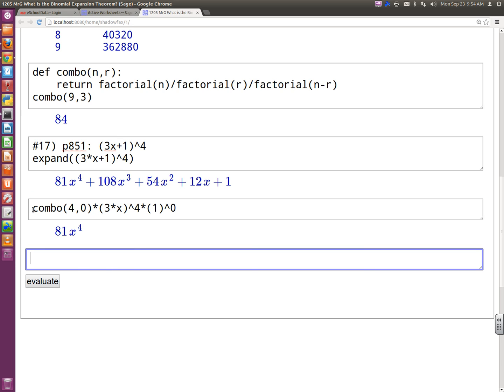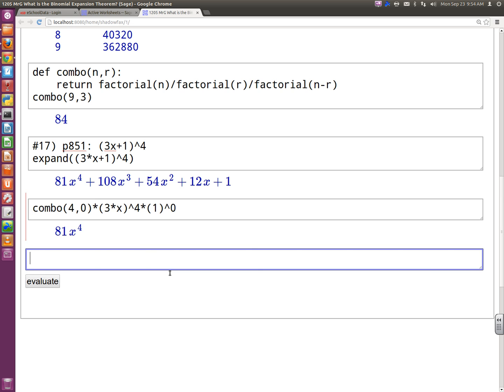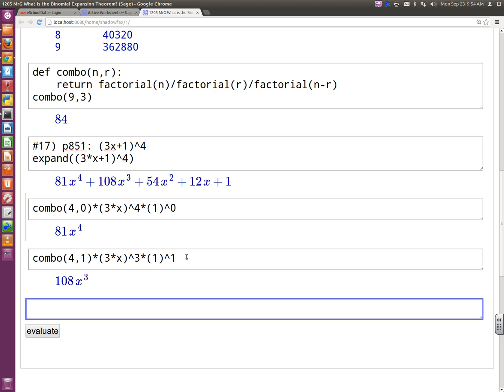Okay. What's the next term going to be? Let's see. It will be 4c1, 3x to the third, 1 to the first. Well, just to make the point that that's what's happening. In case it's not a 1, you know what to do, right? Okay. All right. So likewise,